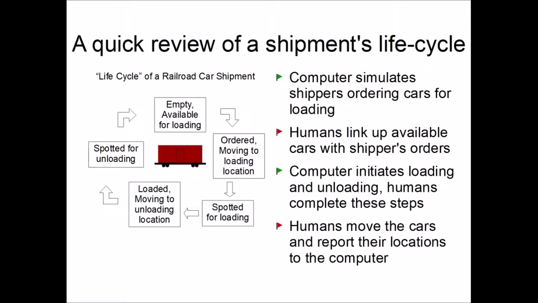The parts where the humans intervene in this are when the car has been spotted at its loading location. STS will already start the loading process, but the humans have to confirm that the car is loaded. Once again, when the car arrives at its unloading location, STS will start the unloading process. Humans need to confirm that the car has been unloaded. And finally, when that car is now unloaded and empty, humans need to determine where it will go next, either to be reused on another load or to be put someplace in one of the yards for storage and hopefully